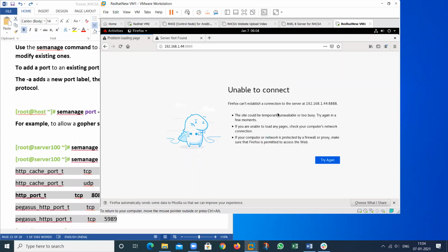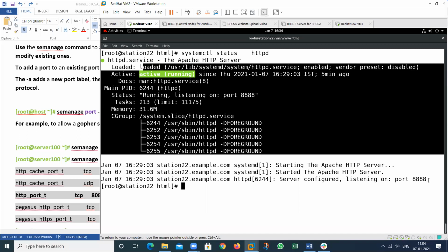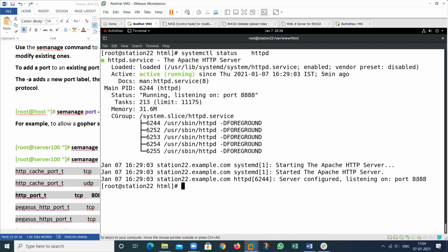I have applied only one thing, that is SELinux. So this particular part is completed. But now check, the client is not able to access this one because you have applied this only in SELinux but not applied this particular port in the firewall. By default, the firewall allows the default standard port, that is 80.